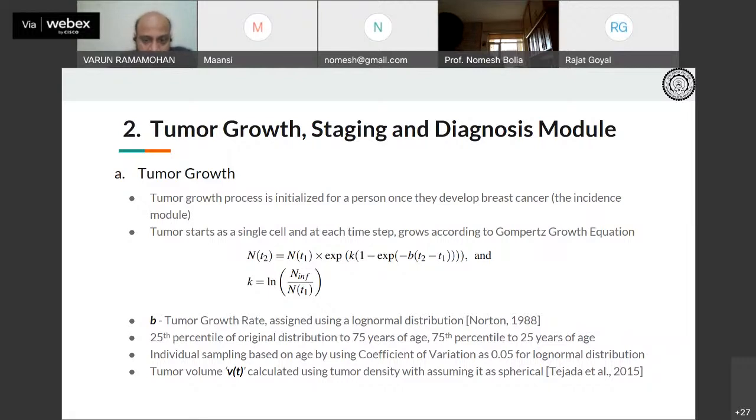They're more aggressive in younger people than in older people. So there's a little bit of adjustment that is done here. And then what we do is we actually calculate the volume of the tumor as it grows with time, right? And we use that to figure out what the stage of the